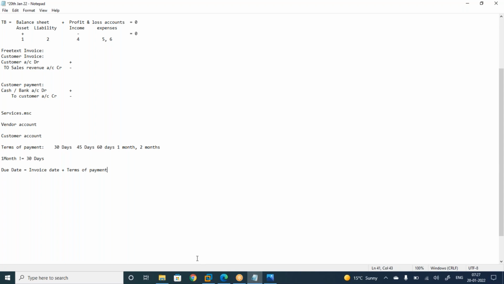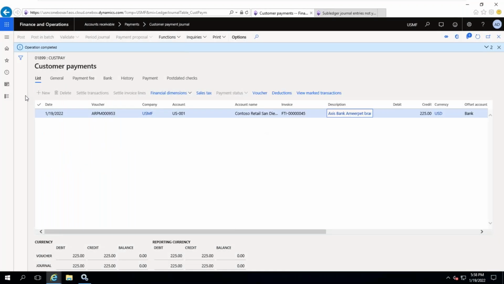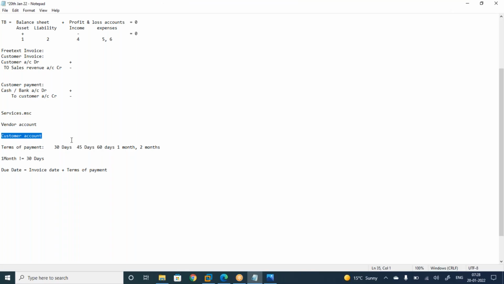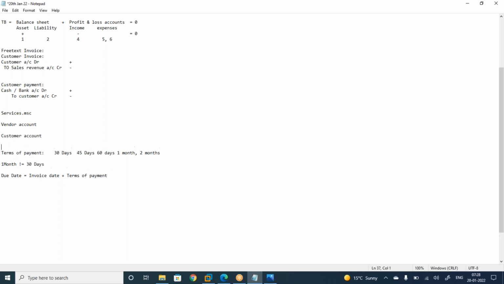Okay, so let me show you first terms of payment, and then I will create a customer account and I will do a transaction and I will show you the impact. First, let me show you terms of payment. Give me a second. Let me take duplicate. So the new topic today you are learning is terms of payment. It is available in both accounts receivable and accounts payable. So we are looking at accounts receivable